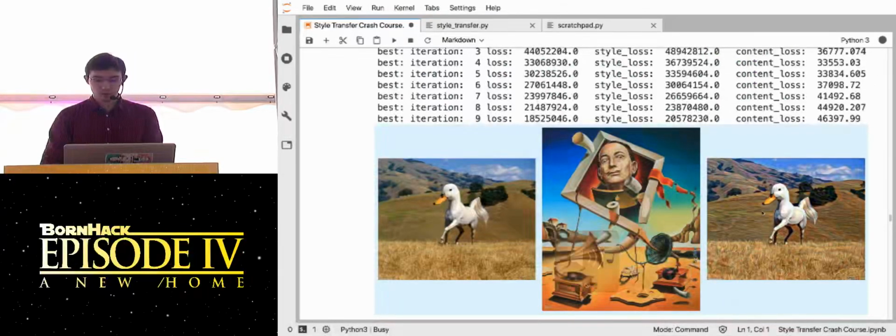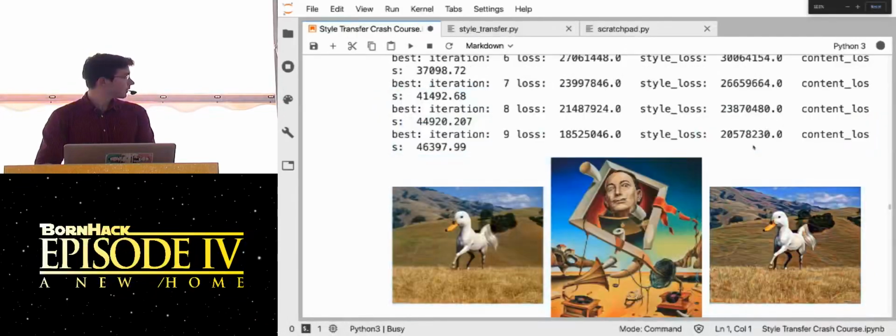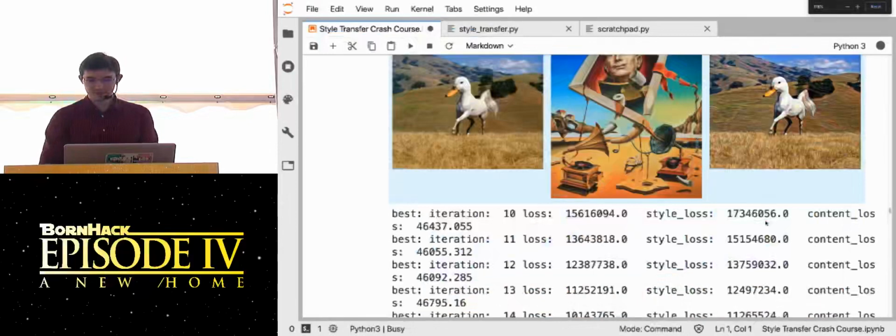Okay, so it prints something out every 10th iteration. So you can see the original image, lots of texture here, the style image. And even on the 10th iteration, I'm just going to make it a little bigger if I can. I can't, sorry. Yeah, that size is prefixed.